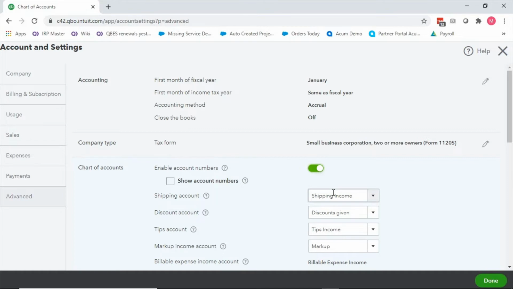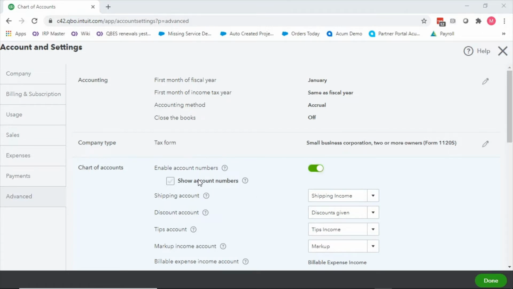Account numbers make things a little bit easier when you are keying information in. However, when you think about it, we say, hey, rent is account 6,200. But then you have a new staff member and rent at their previous company was 6,500. So then they have to relearn a new account numbering scheme, and that can be quite difficult. So when you turn on account numbers, it doesn't force you to use the account numbers, but it gives you the option of using the account numbers or typing in something like rent. So let me show you what that means.